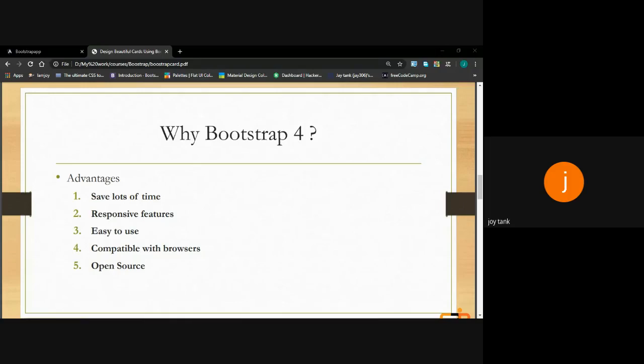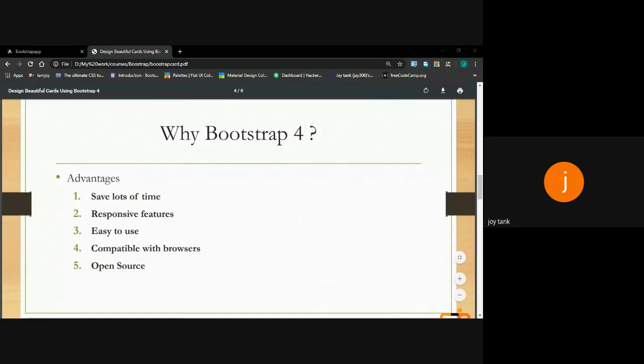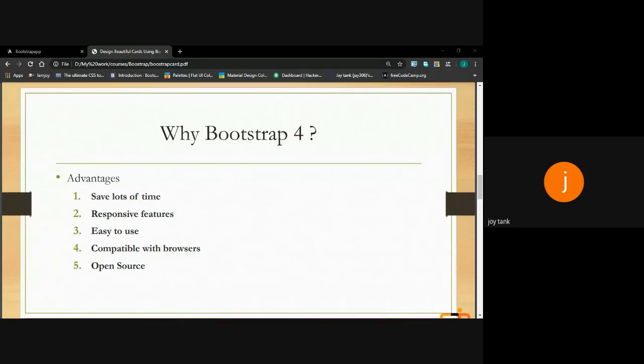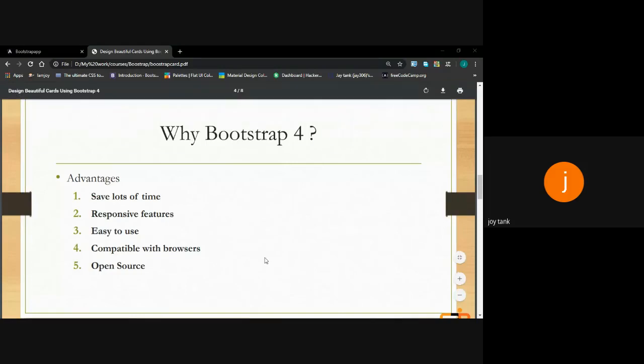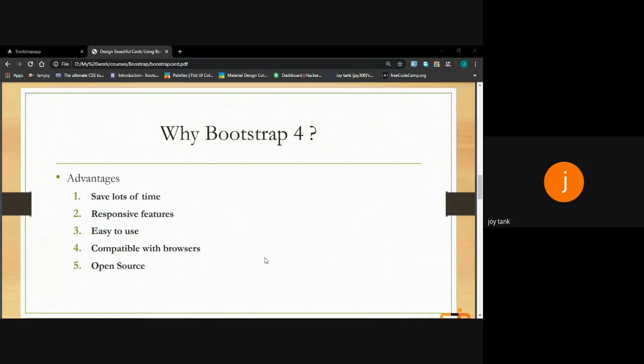There are plenty of other advantages, like you have predefined classes, you have a card, you use it in your file and directly write your code. So there are more advantages also. The basic advantages we have discussed, the top five advantages of Bootstrap 4. Currently the latest version of Bootstrap 4 is 4.4.1.